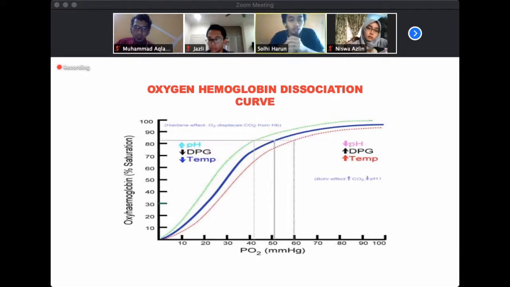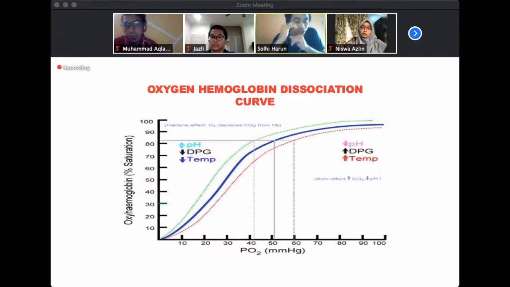As we go to the left at a low PO2, we see that the curve becomes steep, right? So this represents the tissue unloading. If you take a look at the lower level of the y-axis, that represents the unloading of hemoglobin,